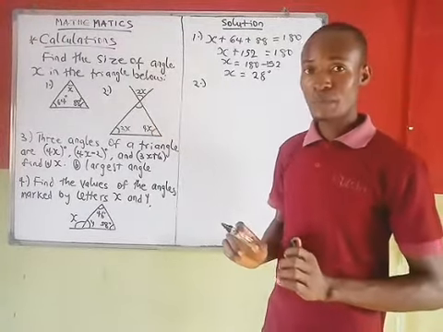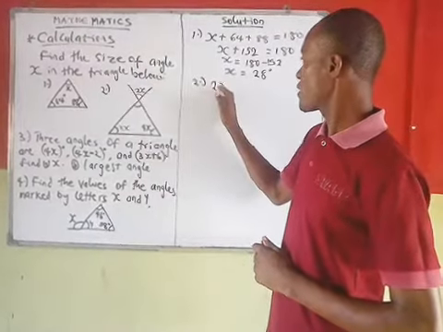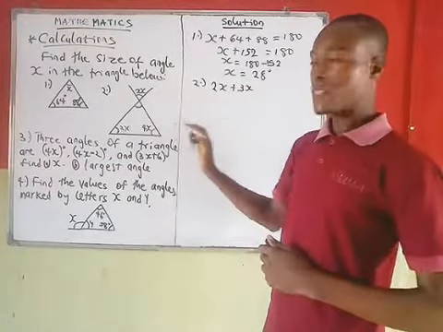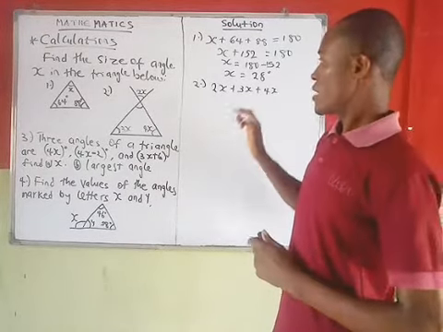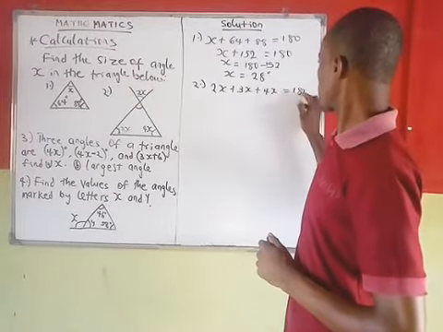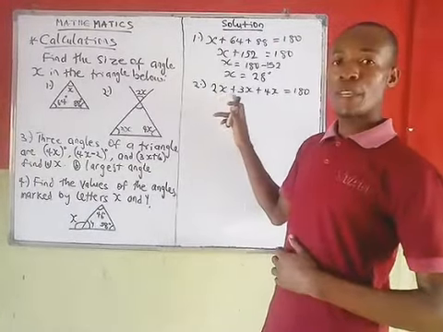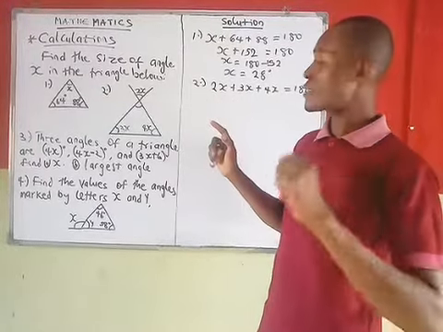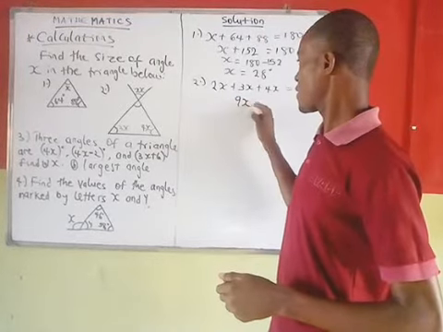Hope you understood this. Now, if that is the case, we have 2x plus 3x plus 4x. The three of them must add up to 180 degrees. So the next thing, you add up. 2x plus 3x is equal to 5x. Then 5x plus 4x will give 9x, equal to